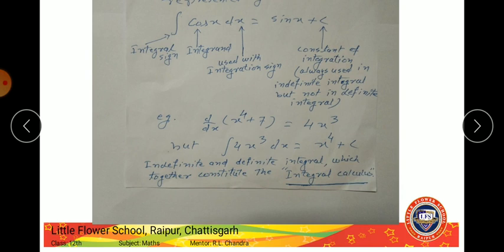You know that here I have written integration 4x cube is equal to x raised to 4 plus c. This c is known as constant of integration. It is also known as arbitrary constant. To study very well about the integration,